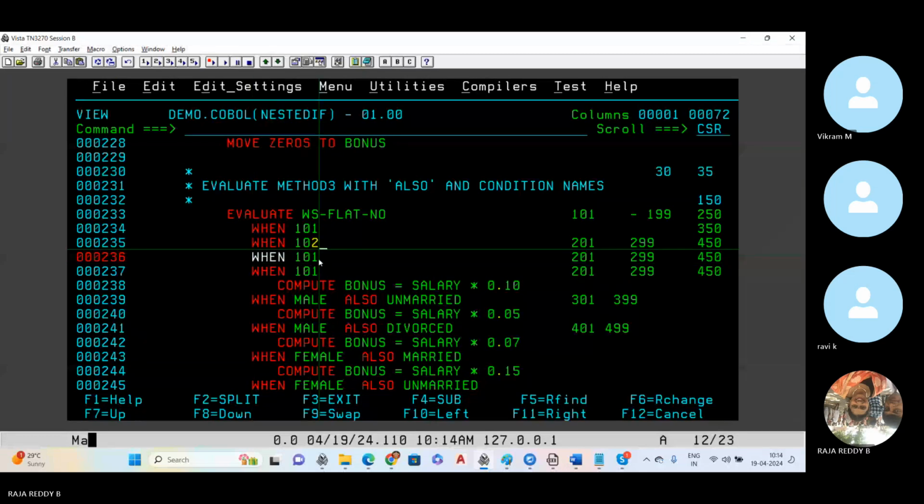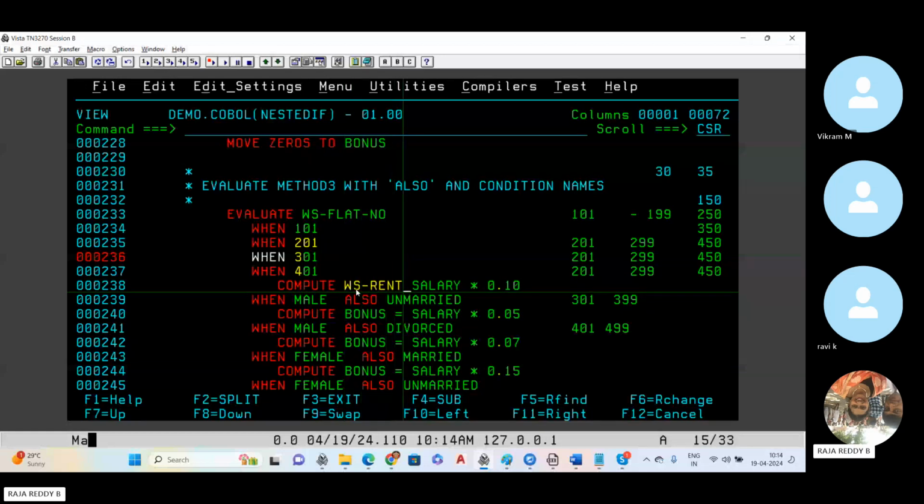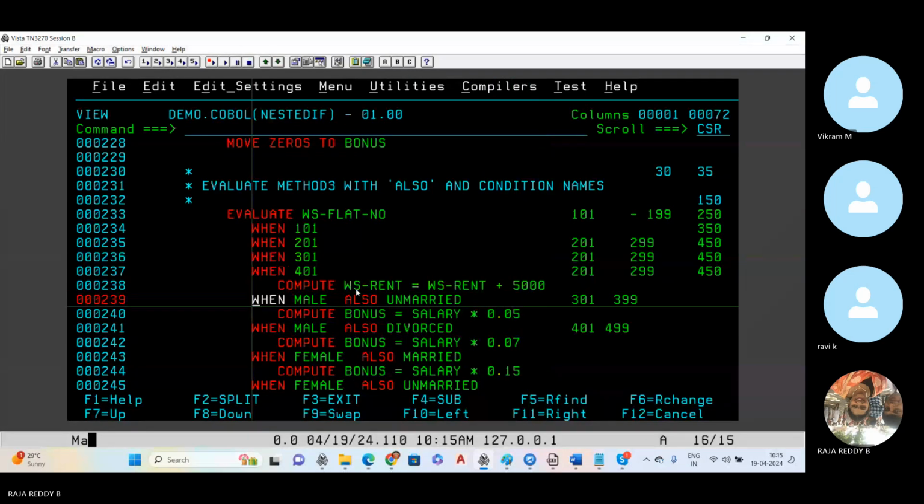101, 201, 301, 401. Compute rent equal to, let's say WF rent plus 5,000 extra. Okay. So when